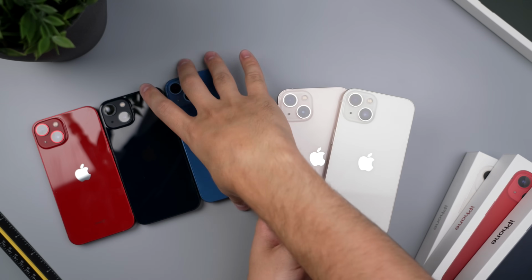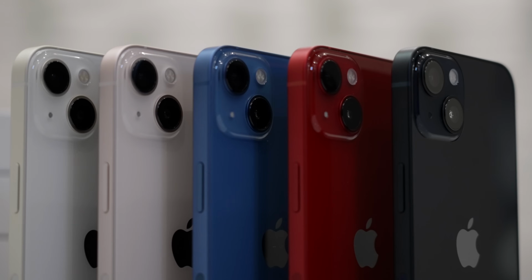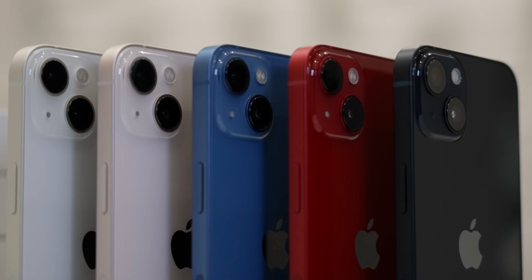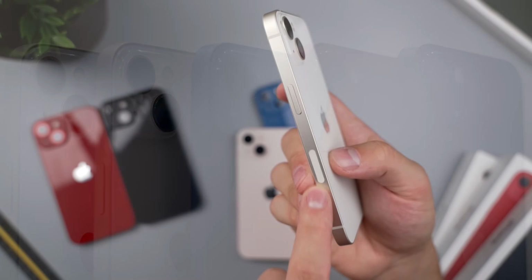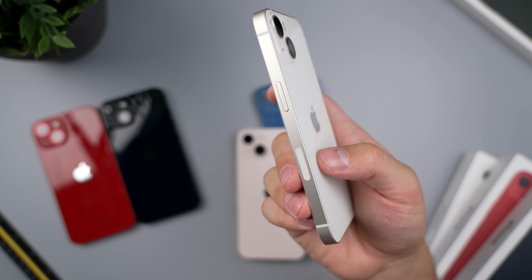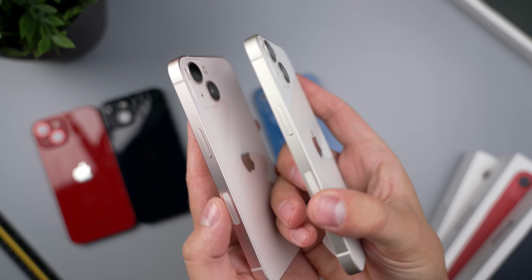I'm not sure if I like the blue one more than these two. These are definitely my three favorite though right here. Starlight actually looks fantastic. I think Apple did a great job naming this color just because it's almost like a silvery beigey tone with some slightly champagne sides, so it's very understated, but it still has a nice punch of color. Now we compare that to the pink directly right here, and you can kind of see the slight differences